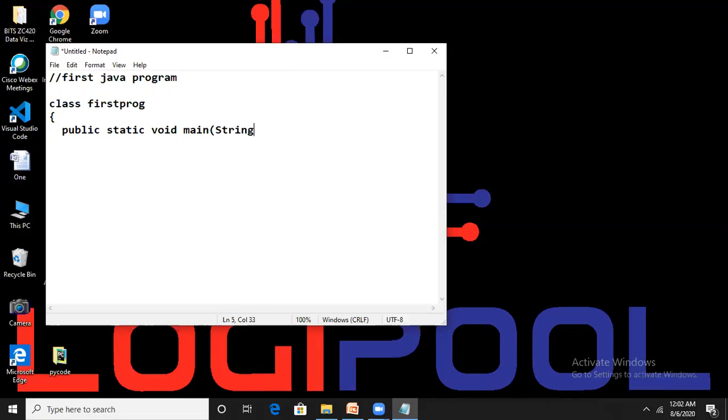So type String, S is capital. String is a predefined class in Java. We will see String also in more detail in upcoming sessions. And then args, and it is taking args in array format.